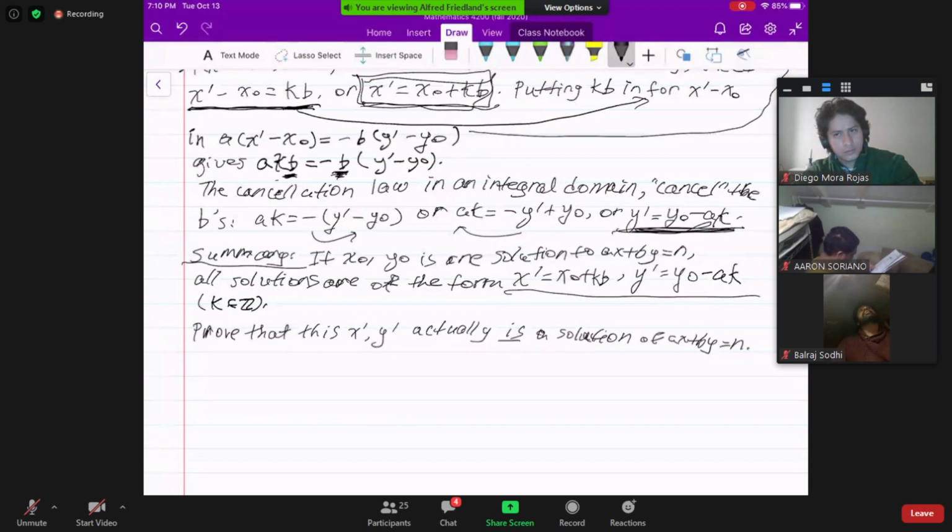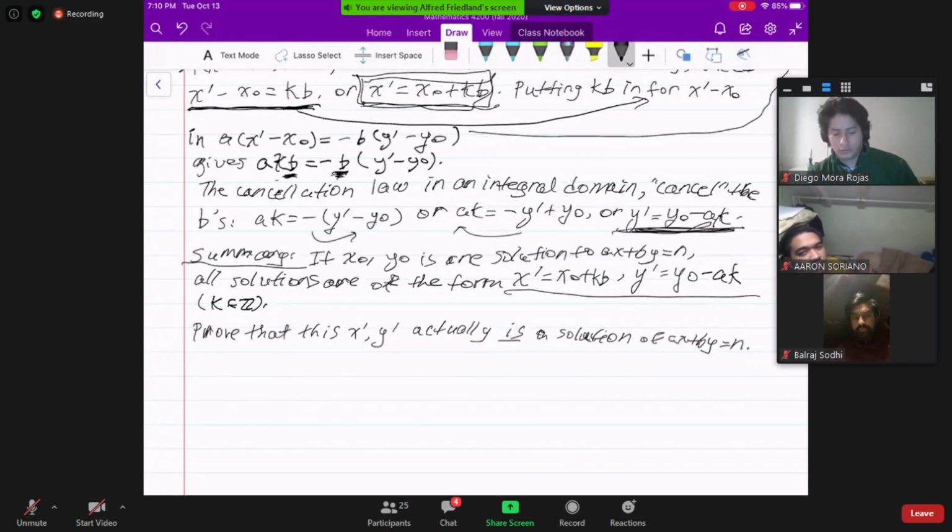Now you have to go back and prove that it is an actual solution. How do you do that? In the usual way of checking an equation, you do it by substitution. So that's pretty trivial. So do that,